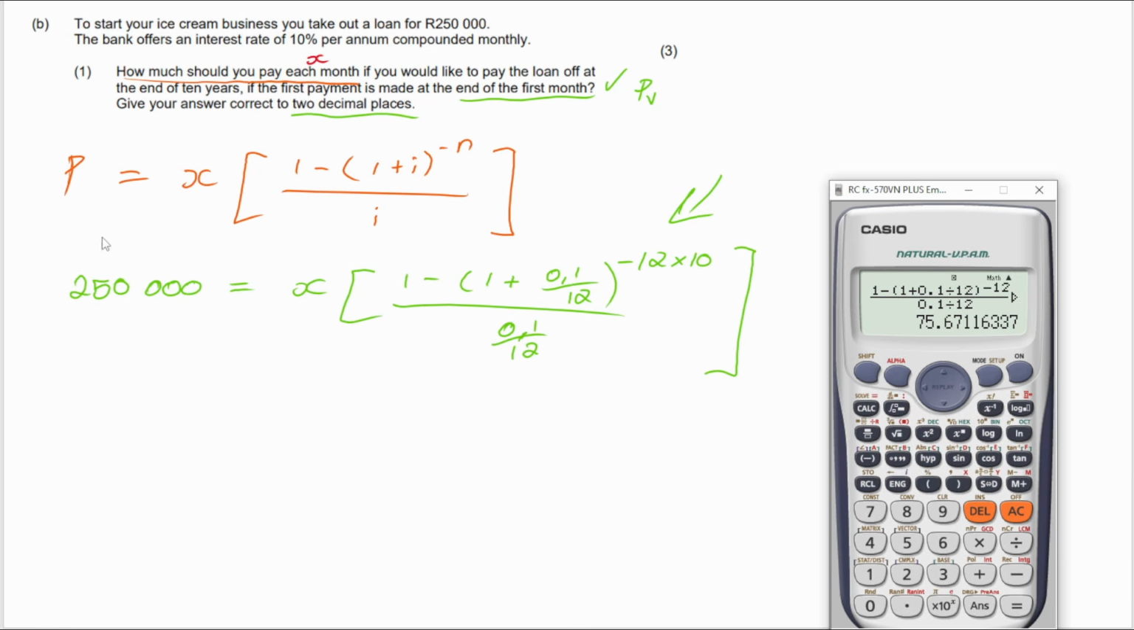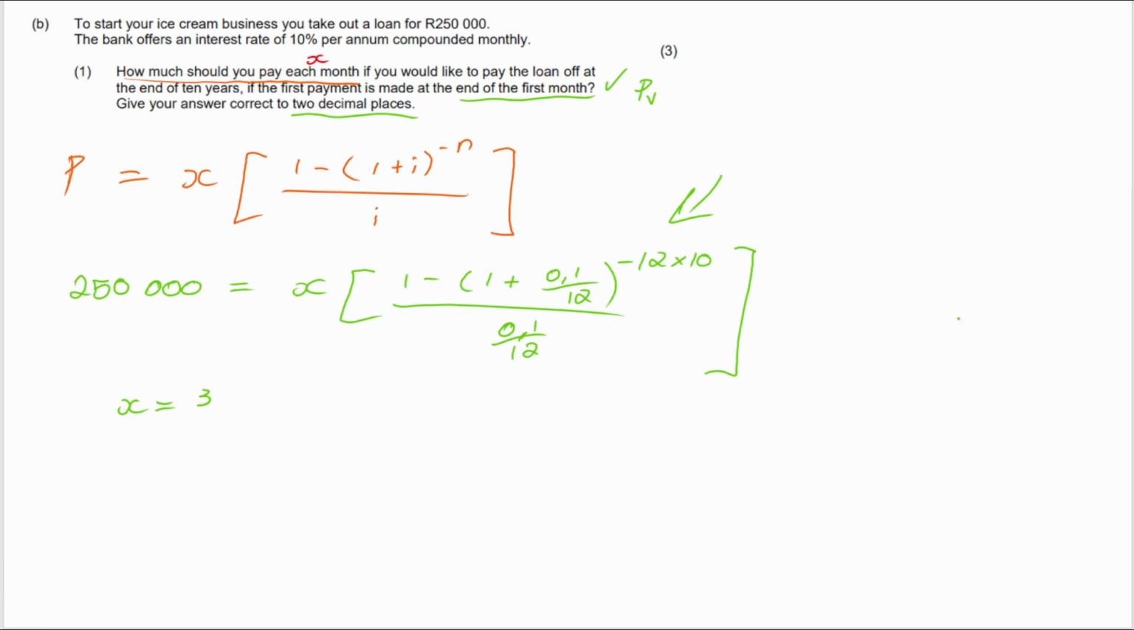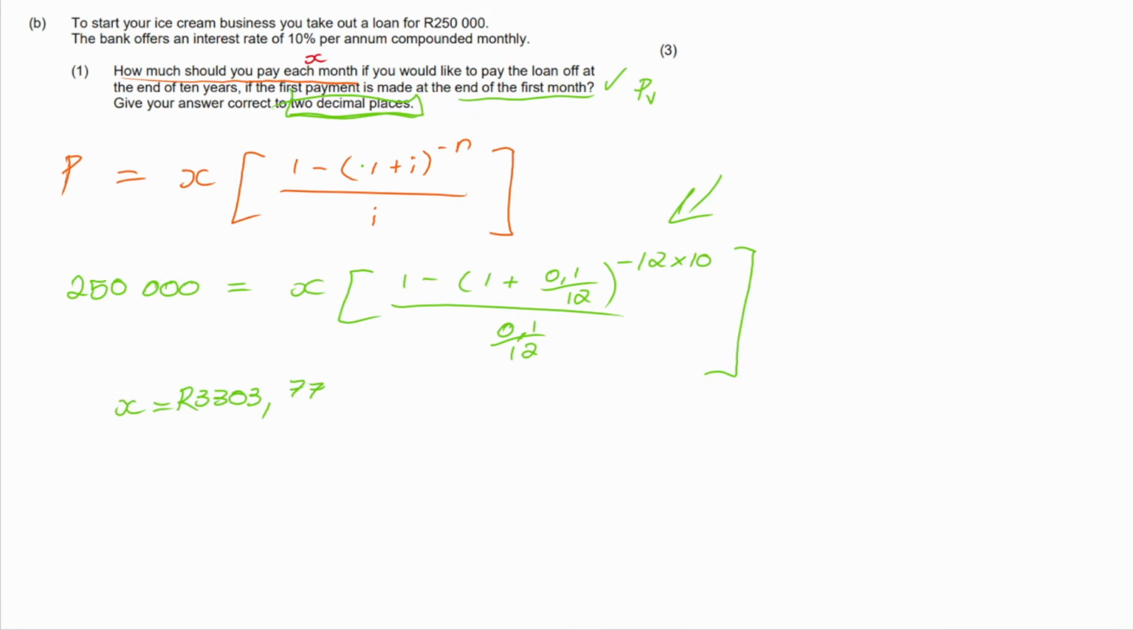So now I'm going to say 250,000 divided by this whole thing to get X. So I say 250,000 divided by that answer. So this is my X. My monthly payment needs to be 3,303.77. The X is 3,303.77 Rand. Okay, 2 decimal places, don't forget to 2 decimal places. So that is how much we're going to have to pay if we want to pay off this loan